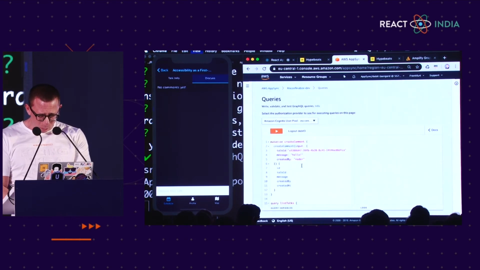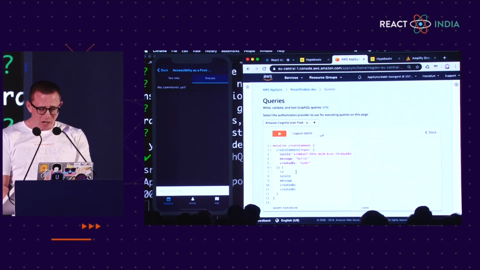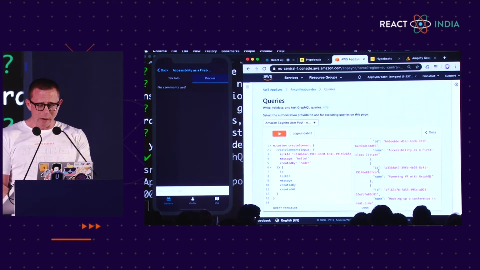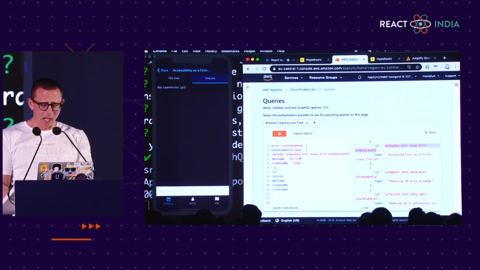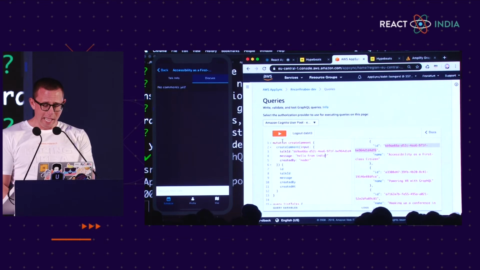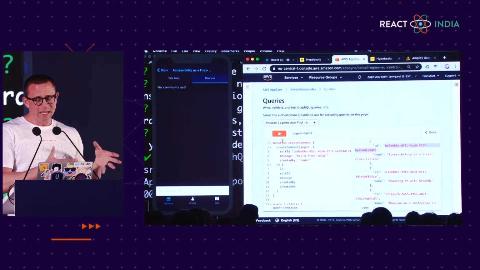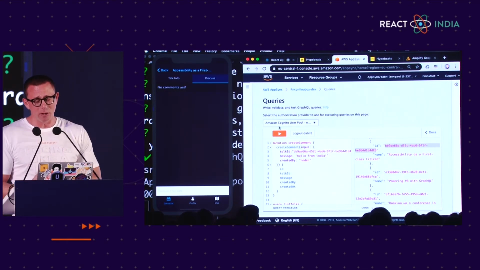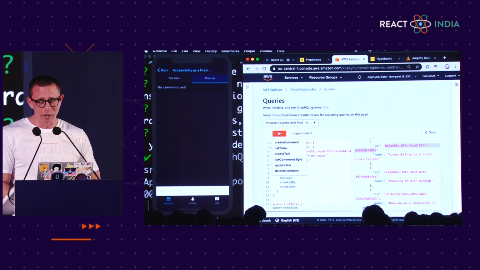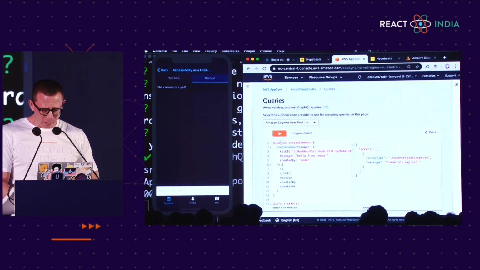And what we're going to do is go ahead and query and list all of the talks in the app. So here I am in the graphical editor in the AWS dashboard. So I'm going to look for accessibility as a first-class citizen, and I need that talk ID to create a new comment. And what I want to put here is hello from India, and created by is me, overriding the old. For this example, I want to be able to create comments from other people, so I modified the schema to allow you to pass in the user. So what I want to do is create this comment,